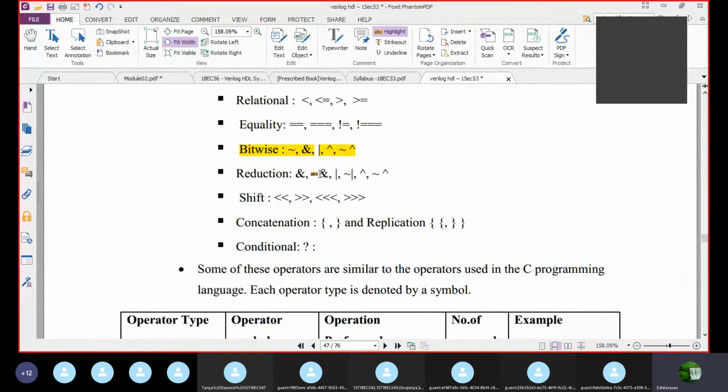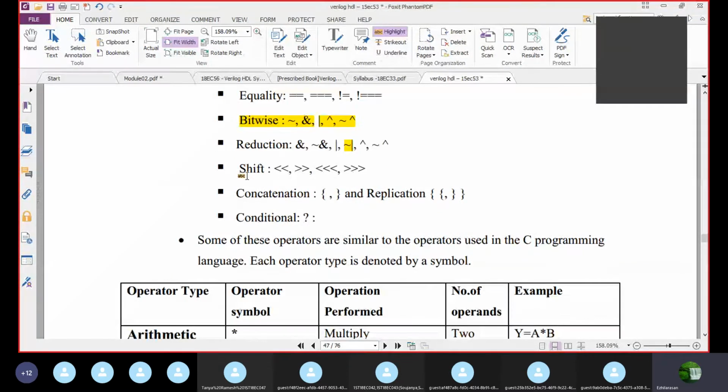One is shift left logical, shift right logical. The triple arrow is there. What is this? It is a shift left arithmetic. This is shift right arithmetic, you can call it. Then the concatenation operator will be with the double flower bracket because it will join the values. Then replication, it will duplicate the values the number of times which is specified in the concatenation.